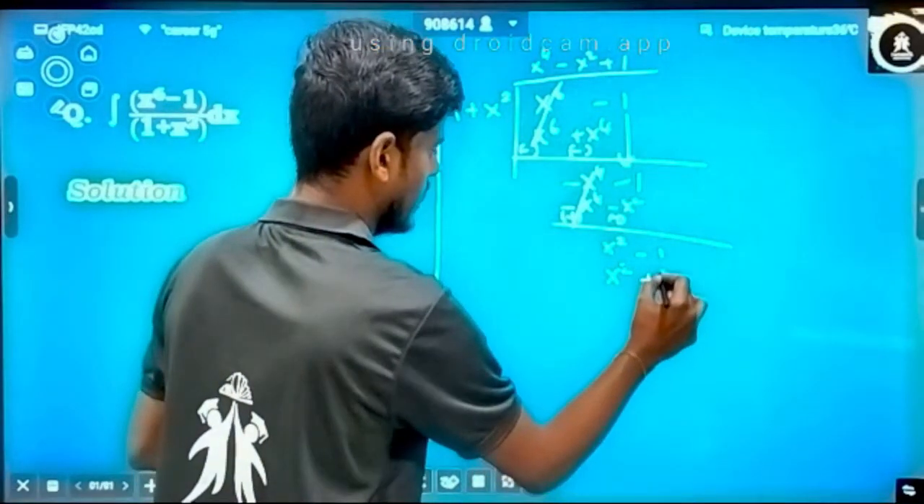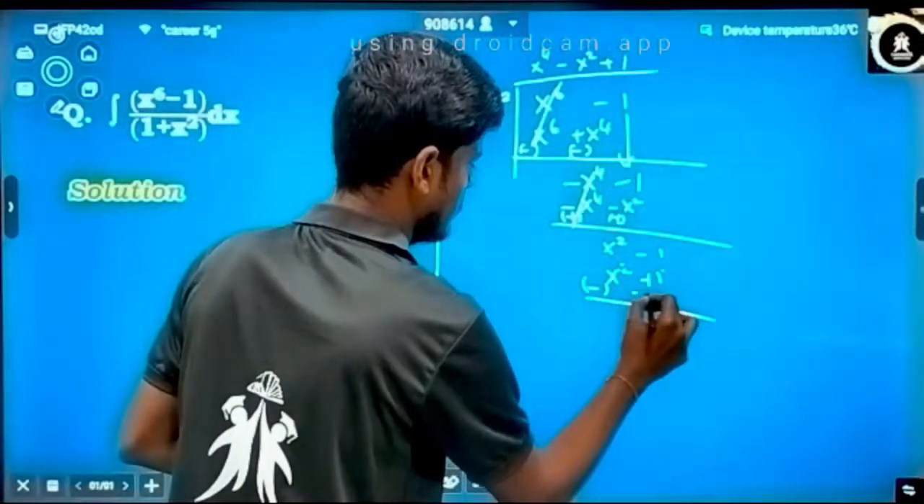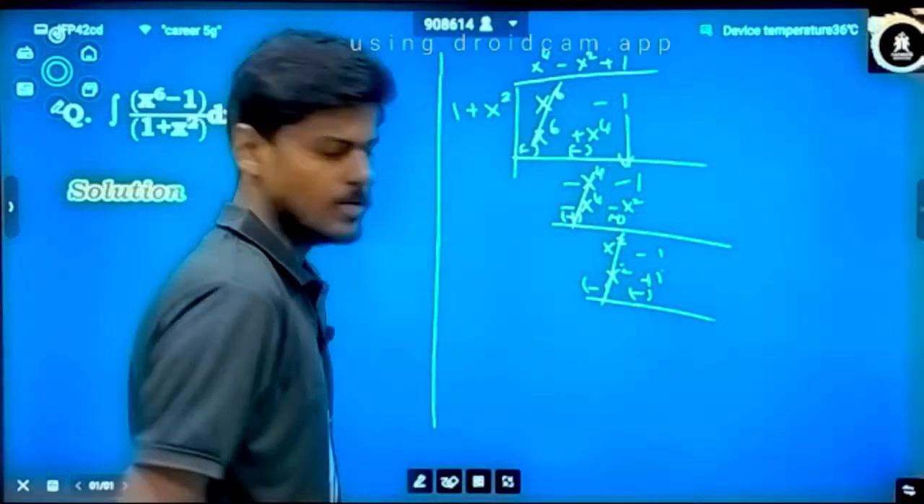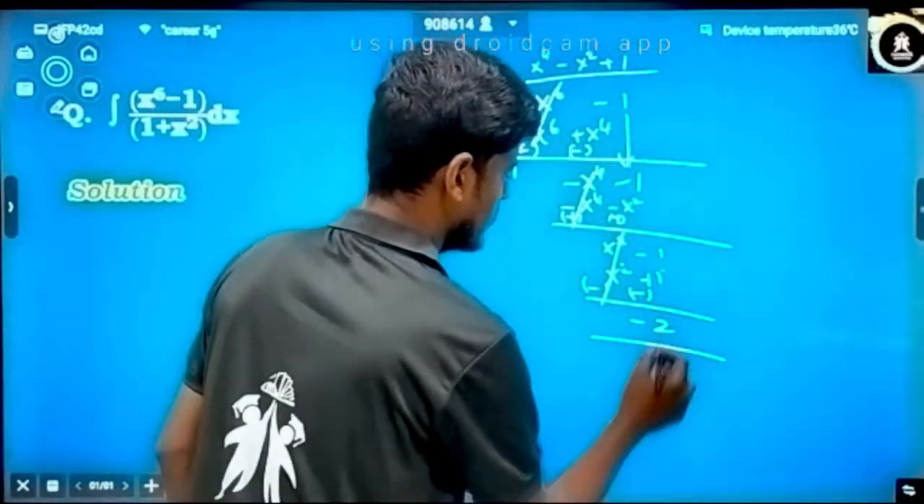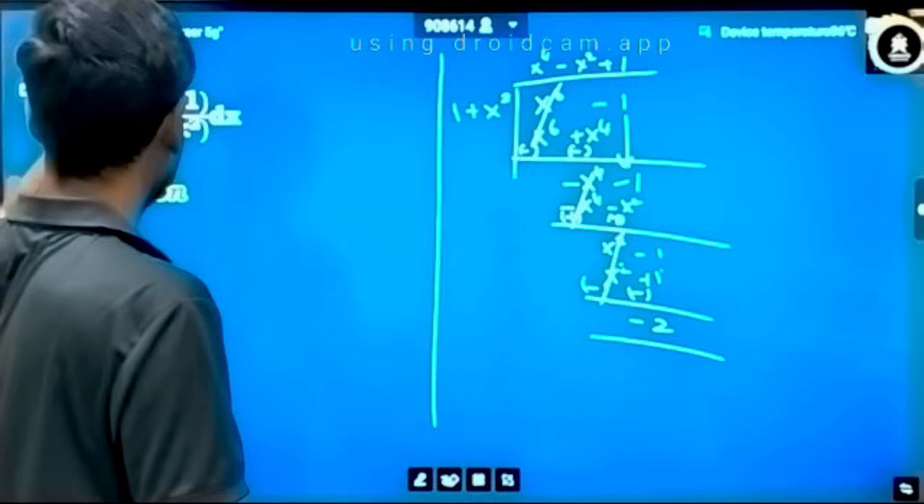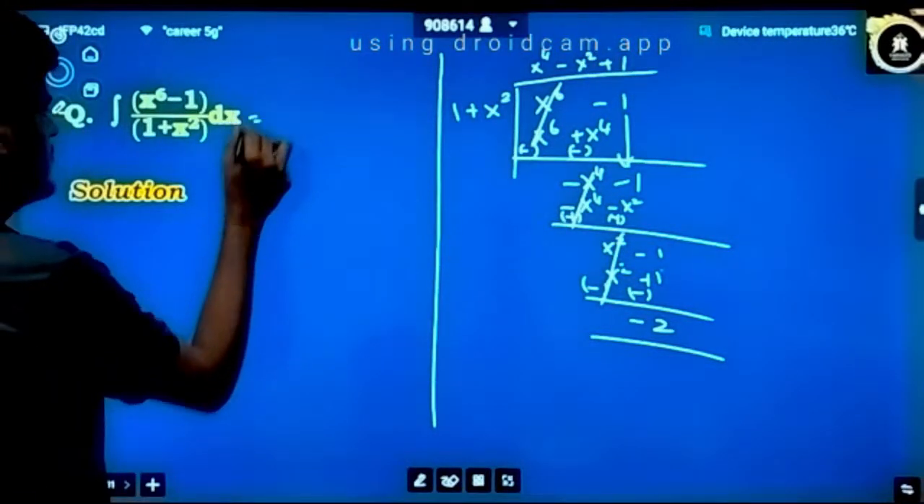1 into 1 is 1. So again change the sign. These two will get cancelled out. We will have minus 2. This is the remainder. That means we can split this function as